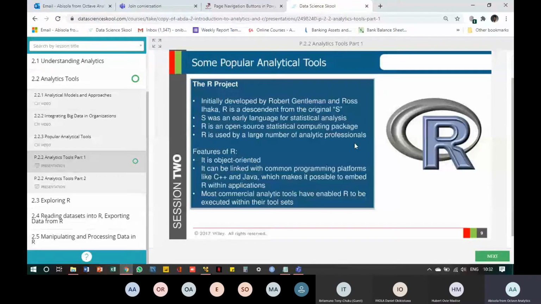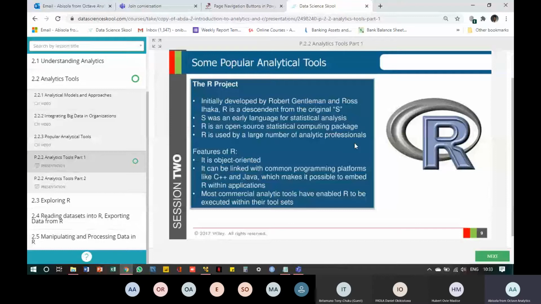Probably you discovered there's a package you like, but it does not have some features, and you can add those features to make it useful for you and for other developers and analytic professionals. You can add to that package and call your package something, say your name. So R is very flexible, and it is very useful for analytic professionals.